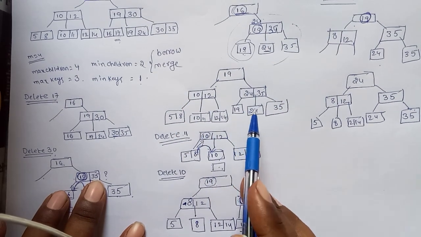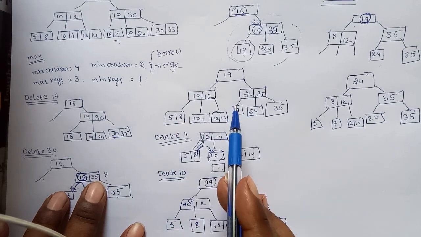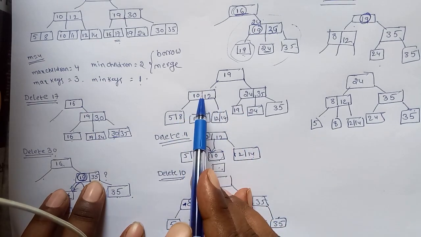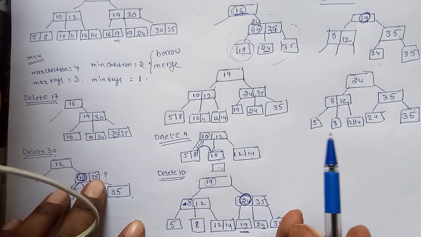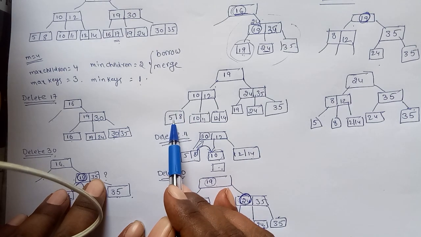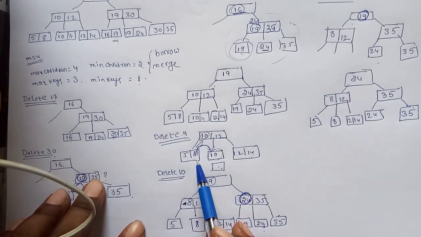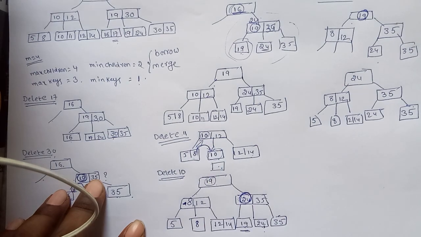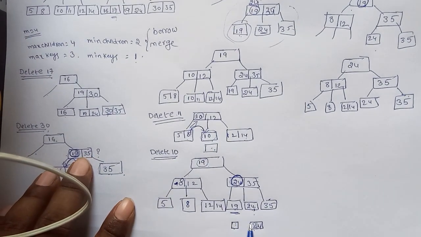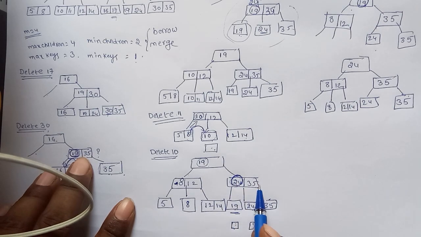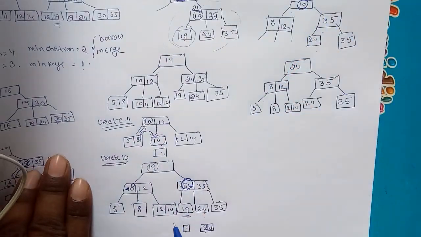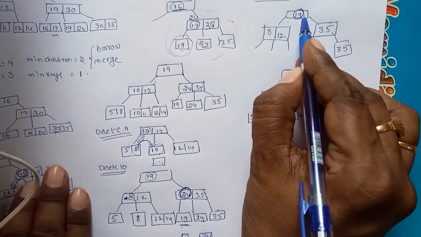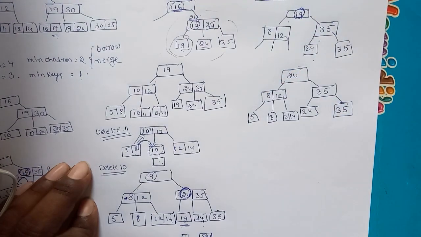In the borrow process, observe the copy process. If you are taking a borrow from the right sibling, in the index node we are copying the smallest value of the right subtree. If you are taking a borrow from the left sibling, after the copy make the largest value of the left the index value. And very important, if you want to perform a merge operation between the data nodes, the index node is also removed. After removing, it contains only 35. So we have to remove 19 also, because 19 is present in the index. After removing, 19 is replaced with the smallest value of its children.